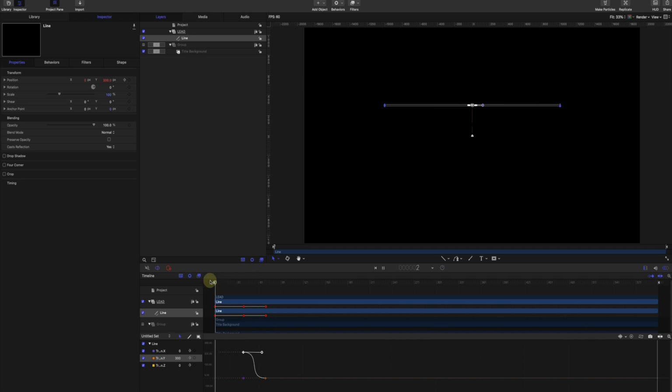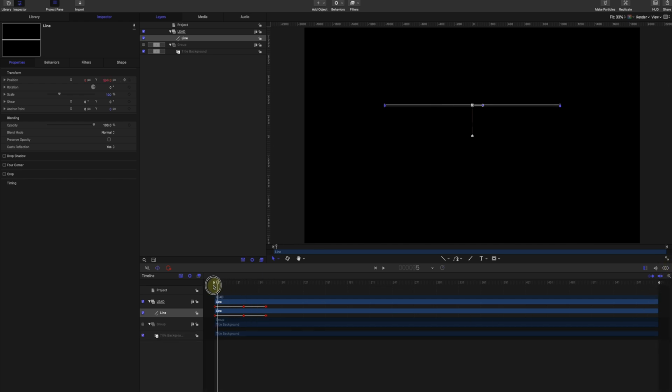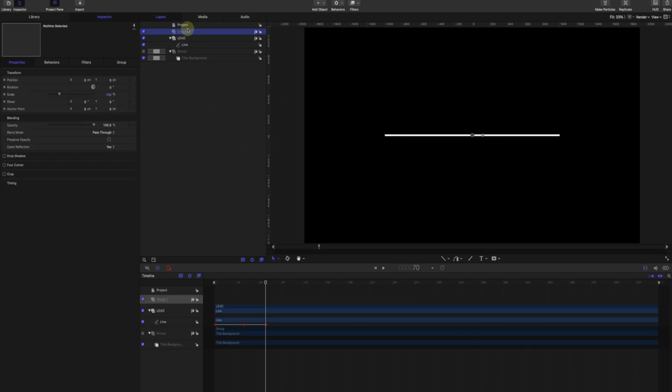This step is completely done. For the next step, we're going to reveal our text. I just close the keyframe editor. We're going to use the mask, right? But we're going to talk about how the text is being revealed. I'm going to make a new group here as a text,